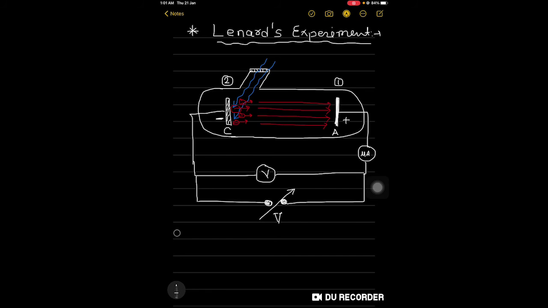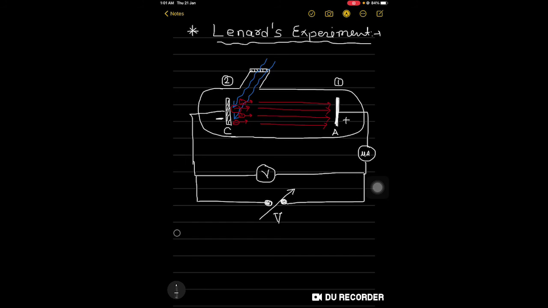Now, we can say that due to the negative charge, the emitted electrons are pushed towards the collector plate by the electric field. Now Hallwachs and Lenard also observed that when ultraviolet light fell on the emitter plate, no